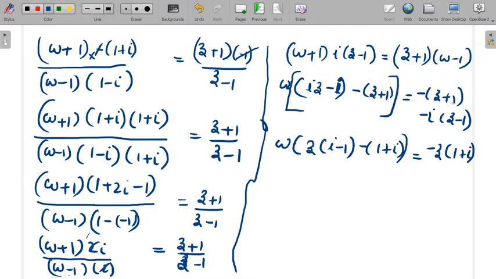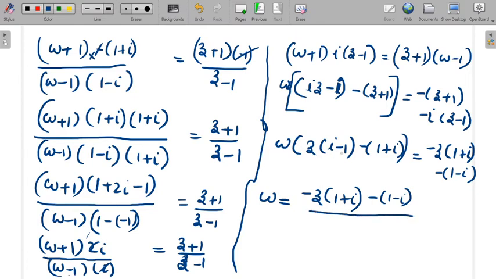Then here we have minus (1 plus I). So minus of (1 minus I). And hence you can write W equal to minus Z into (1 plus I) minus (1 minus I) divided by